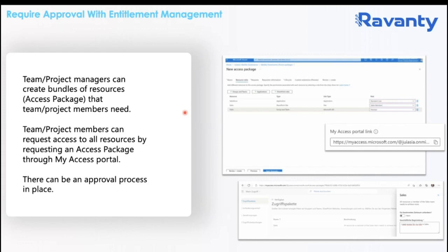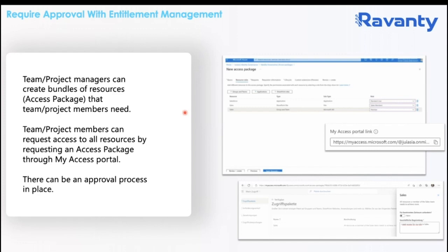Alrighty, so now earlier we talked about identity governance. So I wanted to touch on this. We find this is very, very important. Entitlement management allows you to automate the process of assigning and unassigning resources to your different team members. One of the beautiful benefits of using entitlement management is you create these things called access packages. You add all your resources into an access package, and then you release that access package to allow users either to request them, and as they request them, you can have approvals.